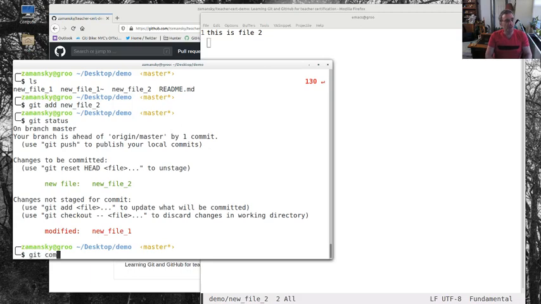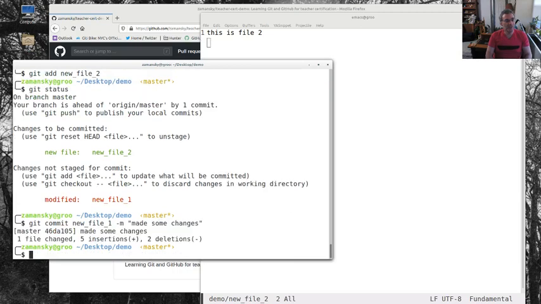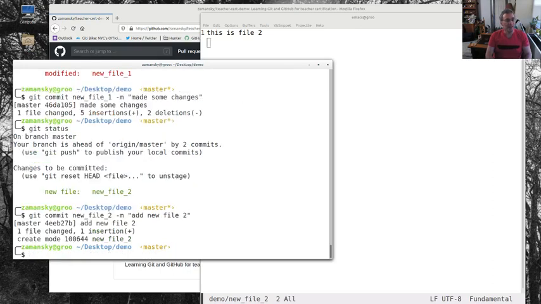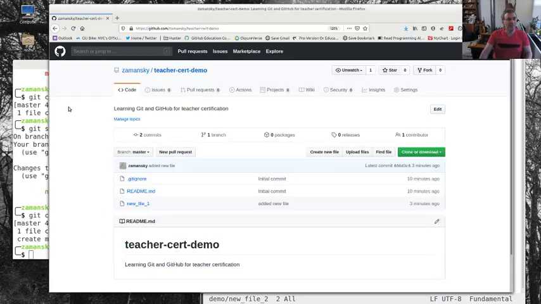So let's git commit new file 1. And we can say made some changes. And then git status. And we still have new file 2, so we can say git commit new file 2, add new file 2. All right, so now all of these changes have happened over here,